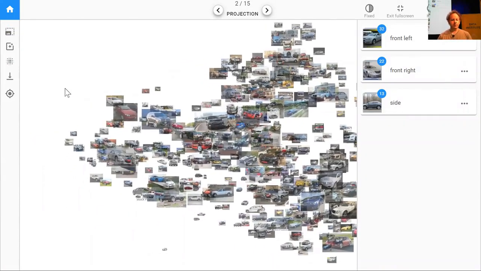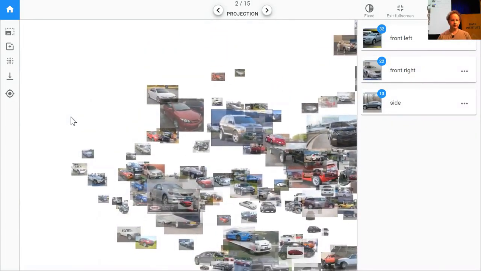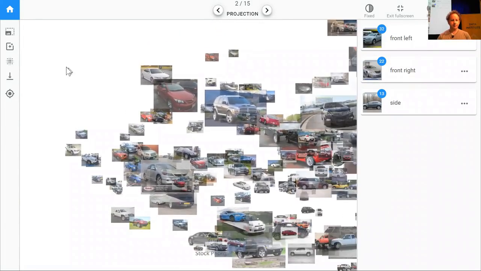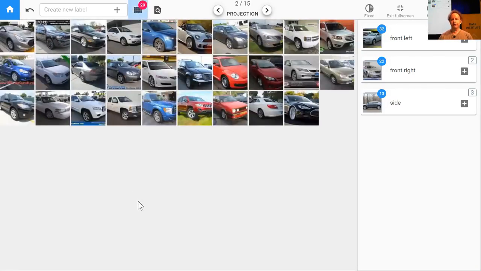Okay, so if we zoom in a little bit, we can double check. It's like, yeah, that looks pretty good. They're all kind of front right. So we can click on here to go to selection mode, and we can grab a few, and then you should check. And so what we're doing here is we're trying to take advantage of the combination of